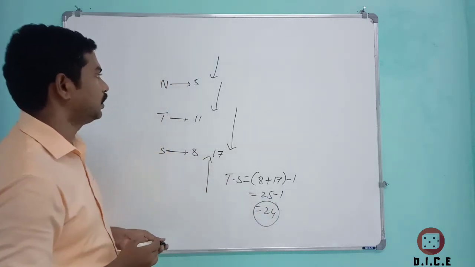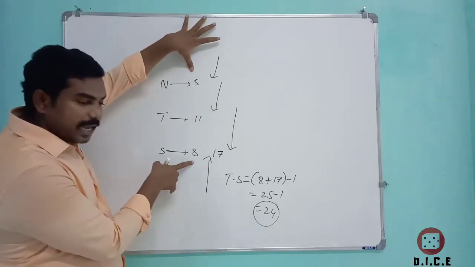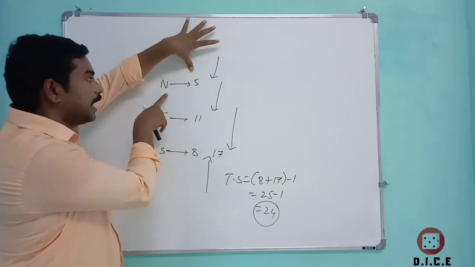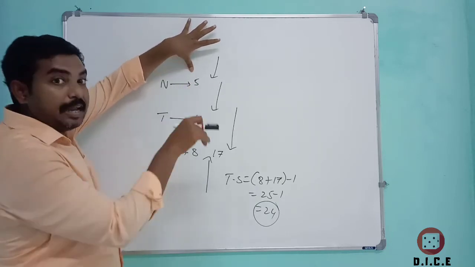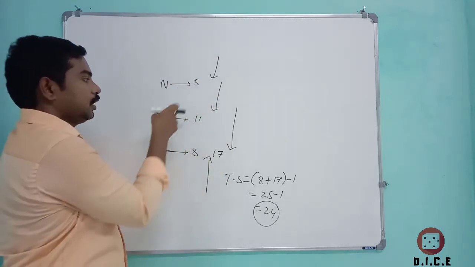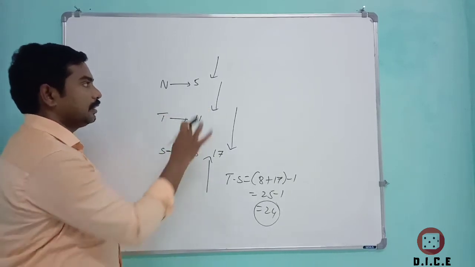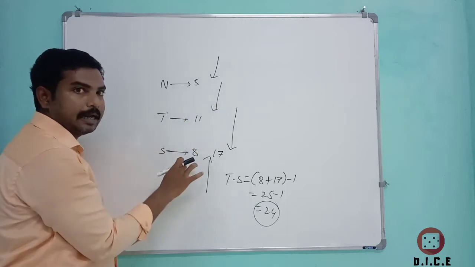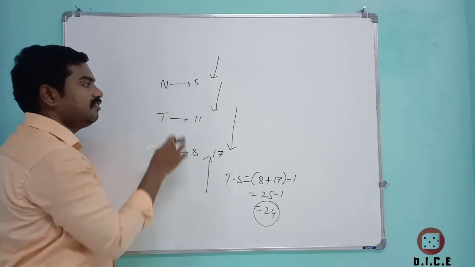I repeat here, he has given the case of N as 5th from the starting and S as 8th from the last, and is saying that T is 6th after N. It is not the case of T being in the 6th place. It means 6 places after N. The meaning of the sentence is 6 places after N. So we add 6 to 5, and the position of T becomes 11th from the top. That is clear. Now we see the gap between N and T is 5 students. Similarly, the gap between T and S should also be 5 students, because it is clearly saying that T is exactly between N and S.